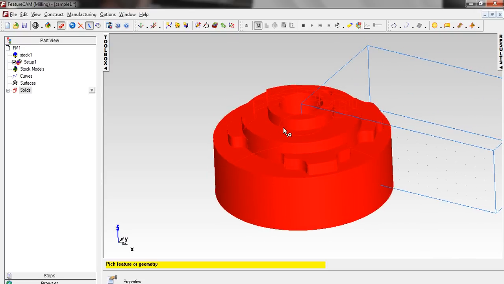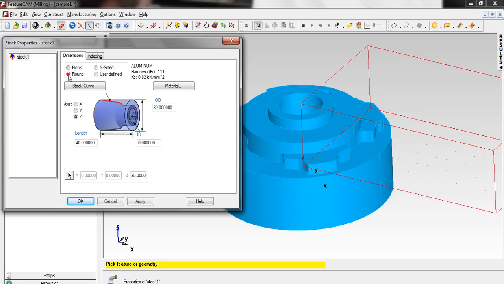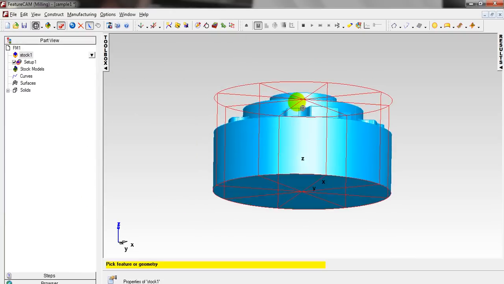Let's go to install the stock. Double click on the stock, and then the shape of the stock is round, diameter is 40, and length is 40, and outer diameter is 80. So just apply and you can select the material from here. Okay, right now